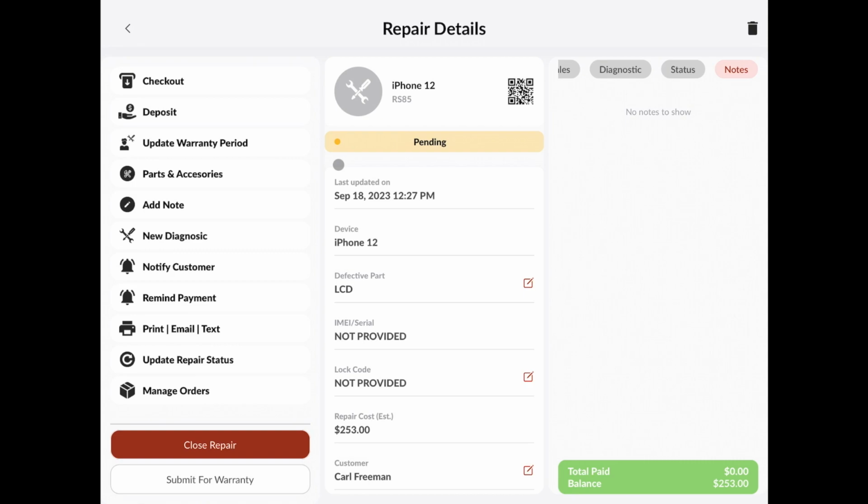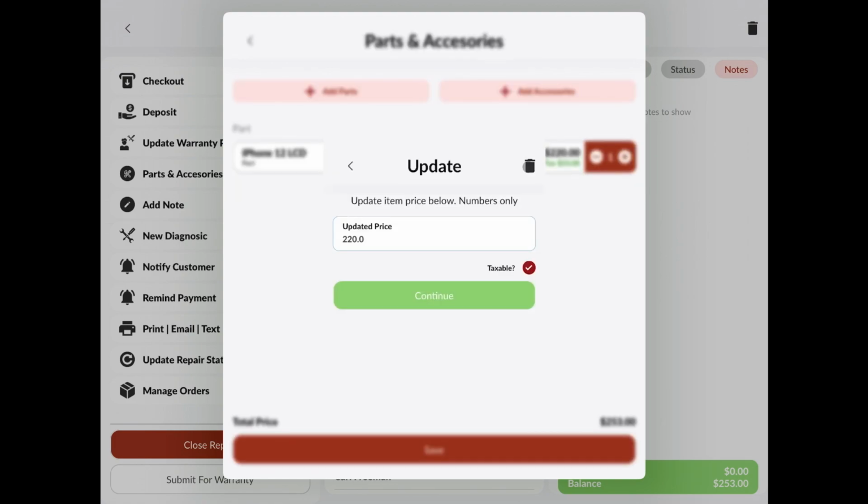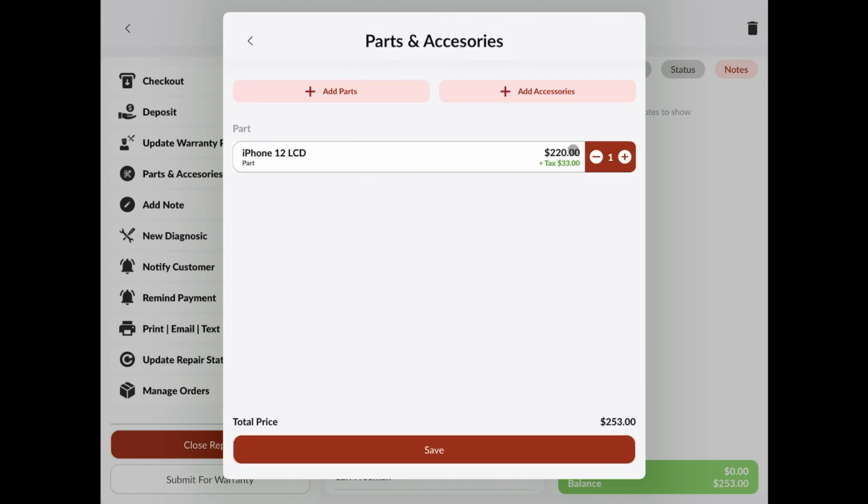Next, if we want to modify the repair costs and the parts that are associated with this repair, we can go to the Parts and Accessories tab here. From this page, we'll be able to modify the parts that are linked to this repair. We can change the price, delete the item from the repair, mark it as taxable or not. We can modify the quantity,